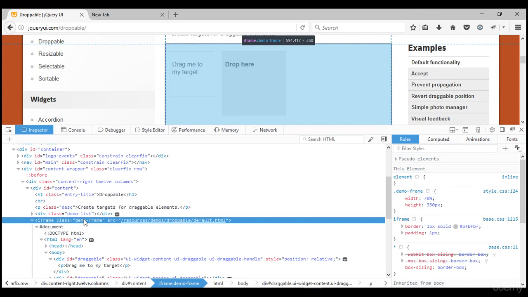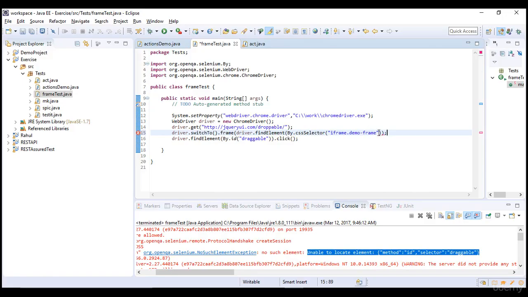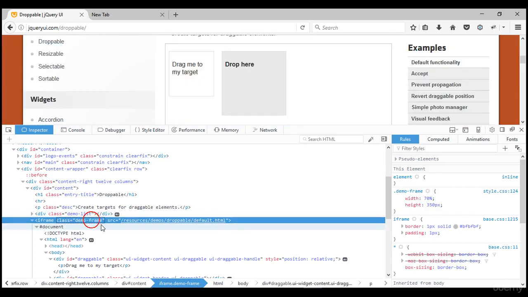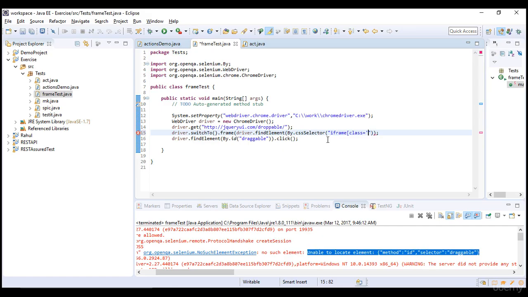That's it. It will form one CSS. Or you can do it in a fashion like what we do in general, like tag name, creating a customized CSS, class equals to. It's up to you how you do. So based upon your convenience, demo frame, right? Demo frame.